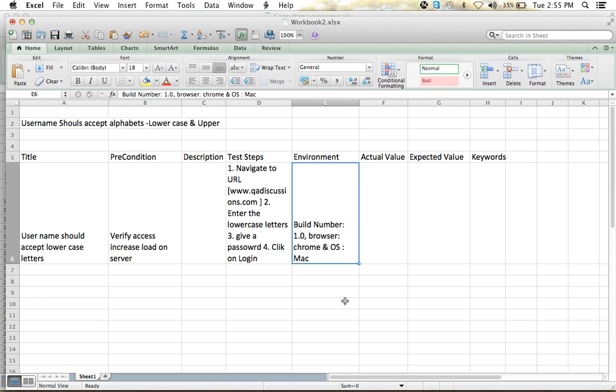As I said, environment is nothing but whatever we are having, either software or hardware, wherever we are testing this particular application, this is called an environment. So we'll mention environment also.